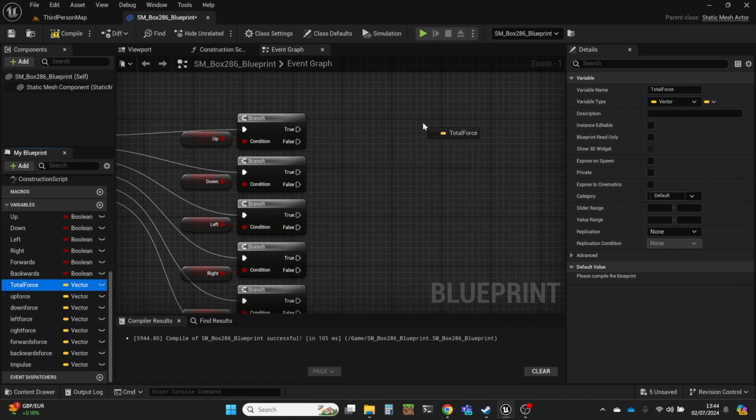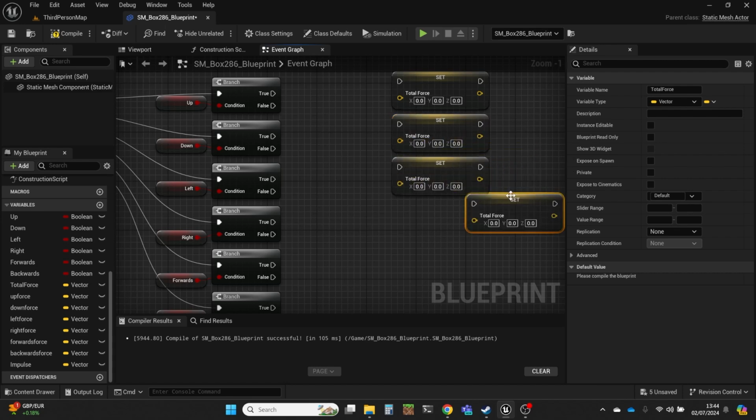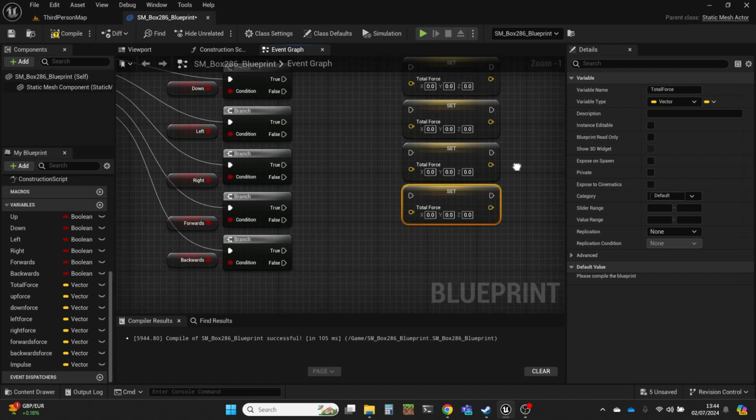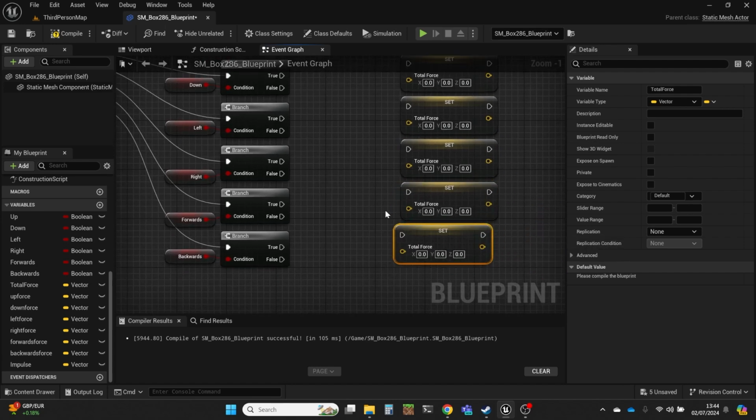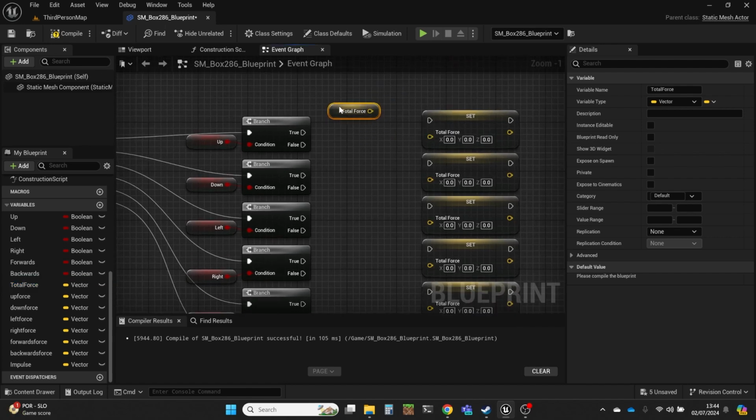So for each one, I'm going to do a set total force. I'm just going to copy that and paste it so that we've got 6 copies. 1, 2, 3, 4, 5, 6.